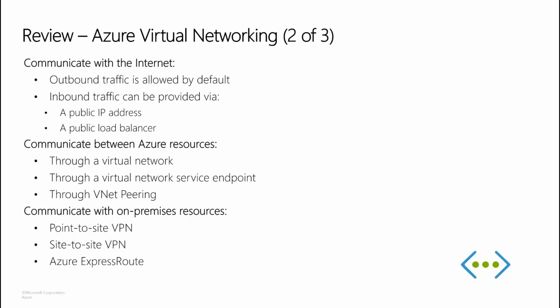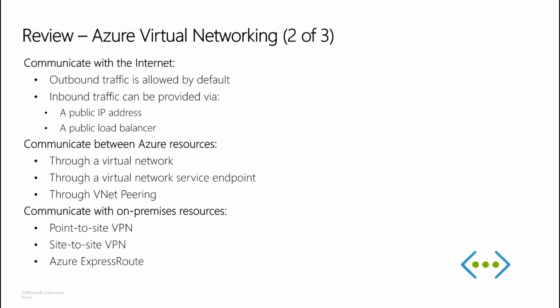Great. So we will talk about several scenarios, like communicating with the internet, between Azure resources, with on-premise resources, etc. And there is another slide that is a continuation of this. So first we will talk about communicating with the internet. All resources in a VNet can communicate outbound to the internet by default. You can communicate inbound to a resource by assigning a public IP address or a public load balancer. You can use public IP or public load balancer to manage your outbound connection. So that's how you communicate with the internet.